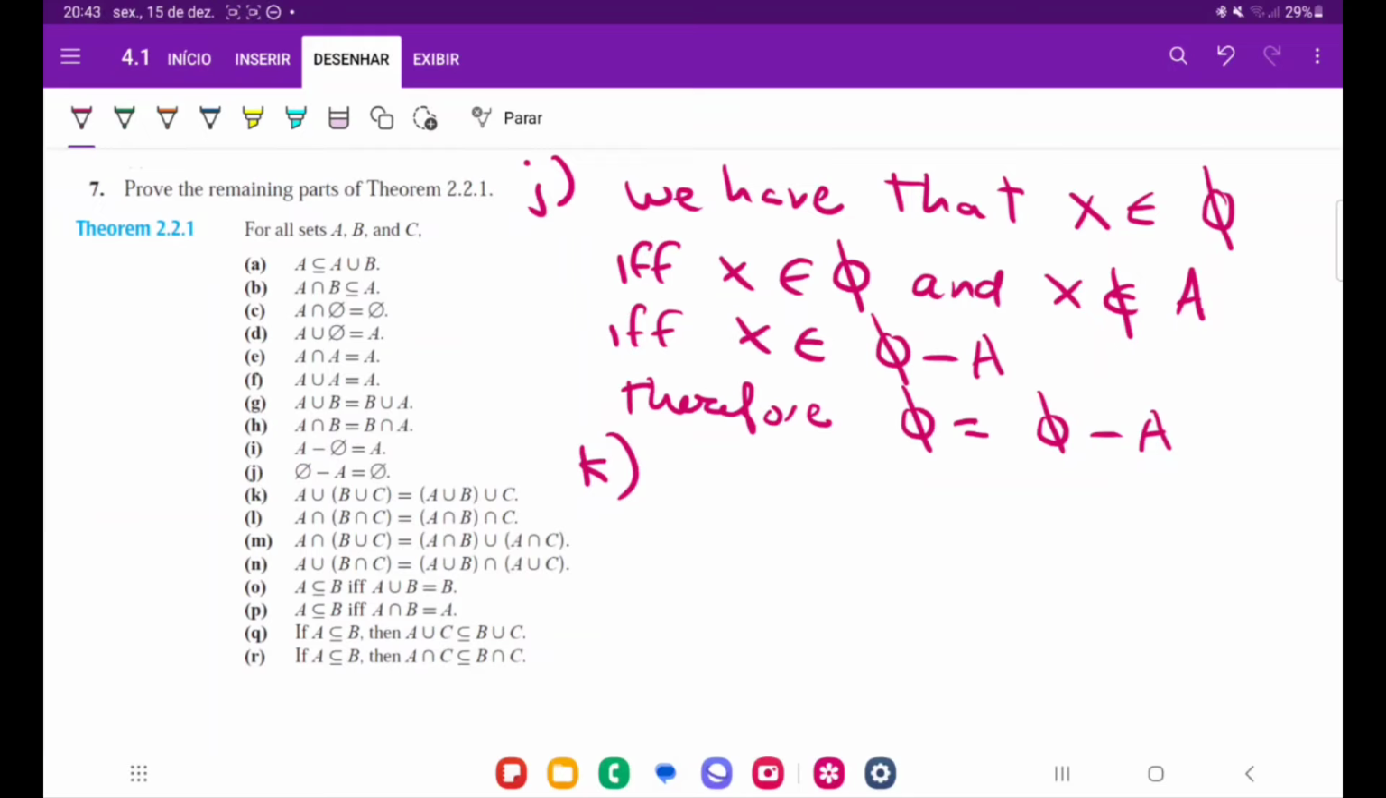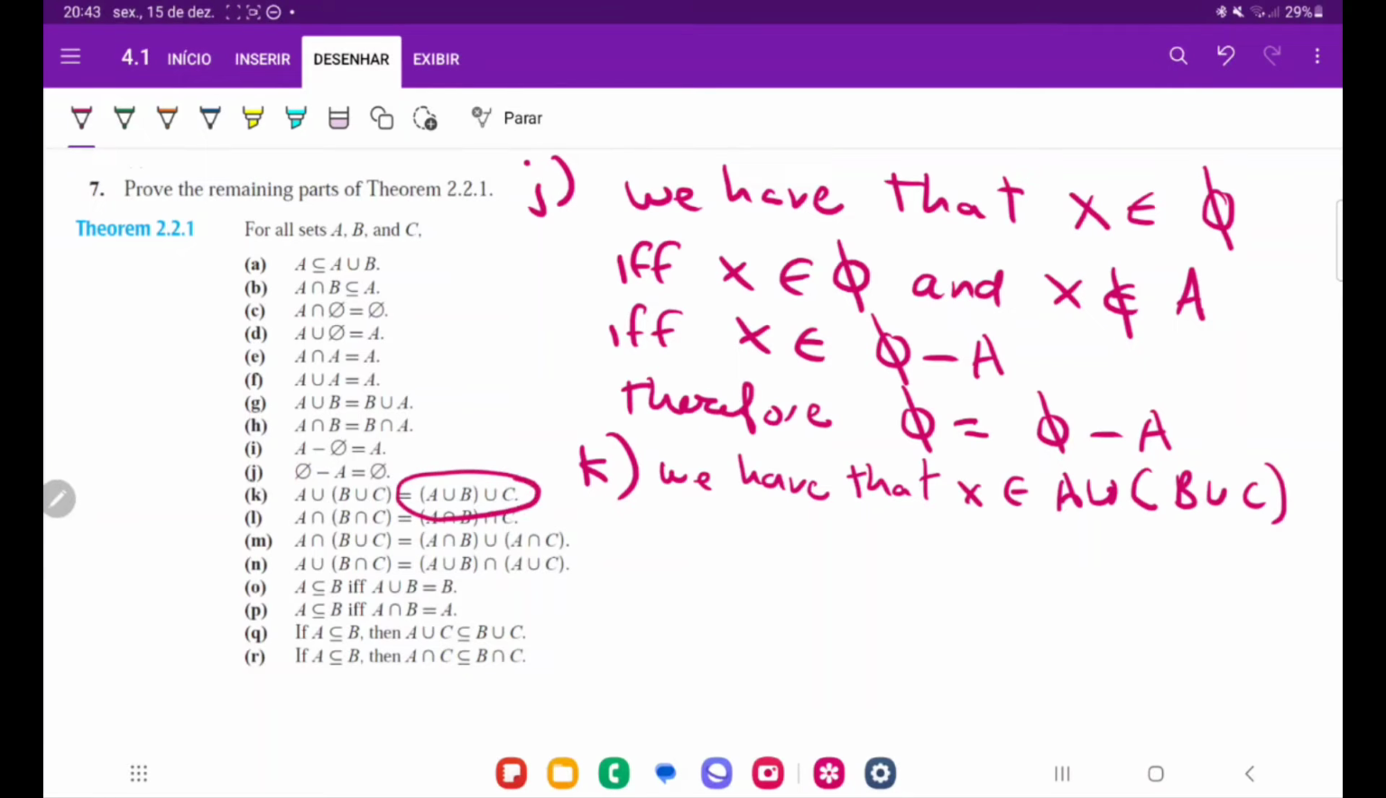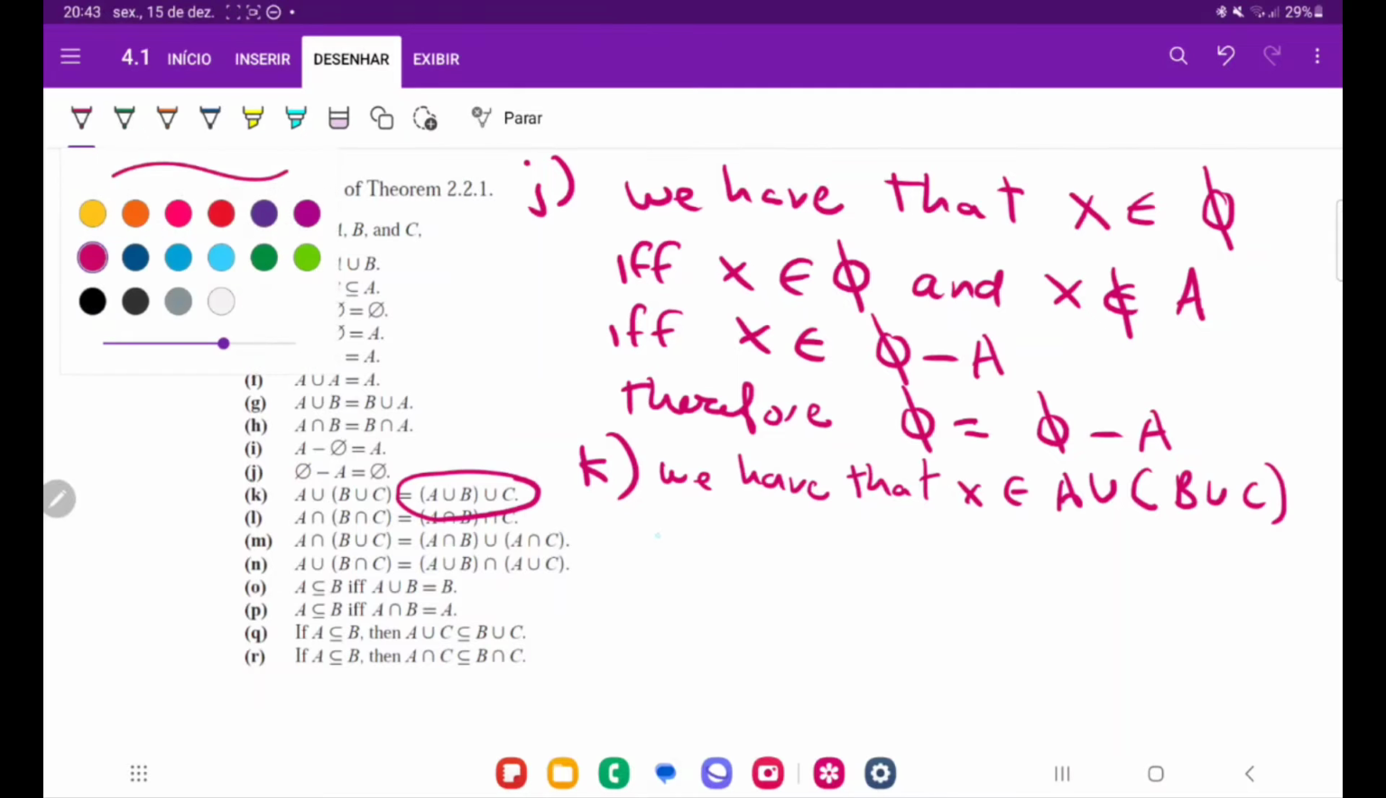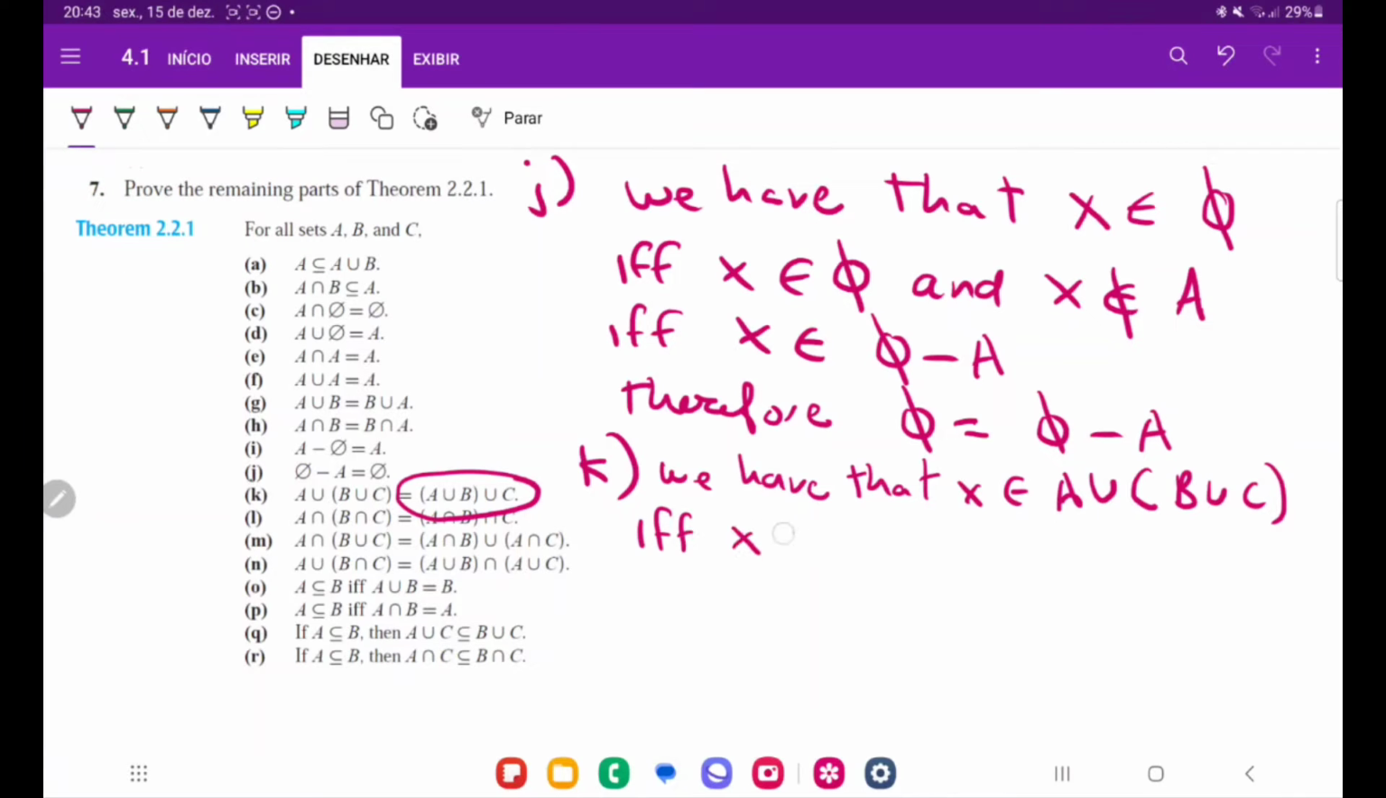That also works. So we're going to say we have that x belongs to A union B union C. And what I want to do here is expand it so that we get here, right? Let me just improve my handwriting. Okay, well, if x belongs to A union B union C, if and only if x belongs to